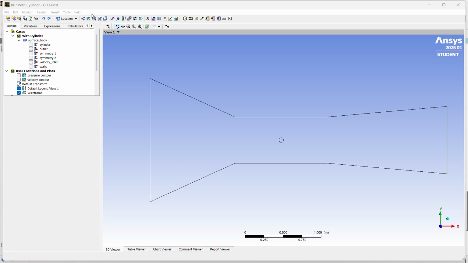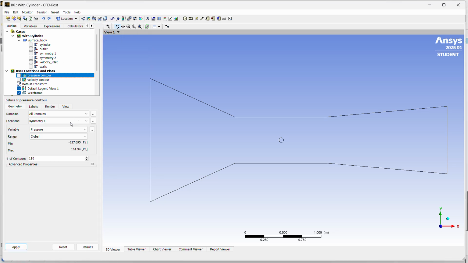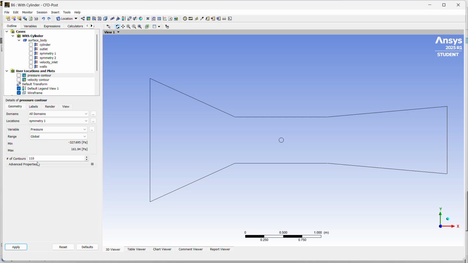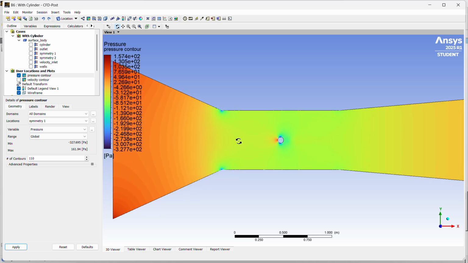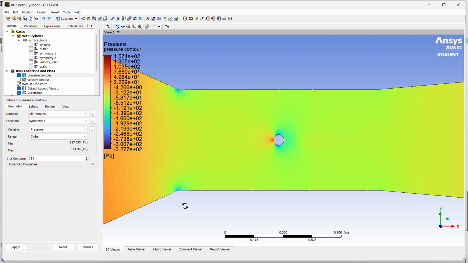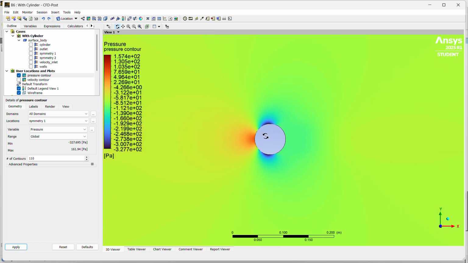Now that we're in here, we're going to create contours using the contour button. First one we can do is a pressure contour. You want it through your symmetry 1 as a pressure variable, and then 110 contours. It'll look something like this. We have low pressure at your high velocity points, so edges of your contraction zone, and then high pressure at low velocity points, so you kind of have a stagnation point here,